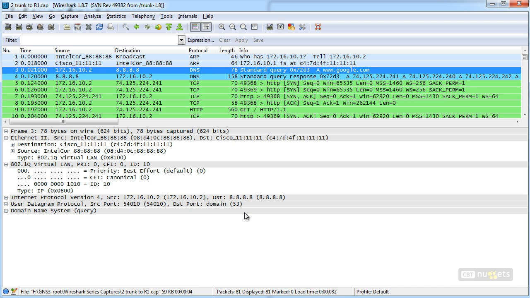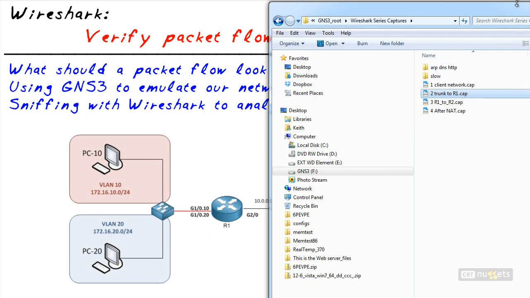One thing I did do is I turned off spanning tree on the switch. I didn't want to have those little hello messages every 2 seconds mixed in with the rest of our packets. Although you and I both know we could set up display filters so we wouldn't have to look at them. So let's close this, and next let's take a look at the traffic between R1